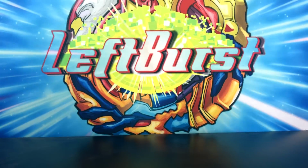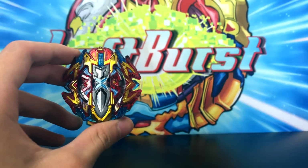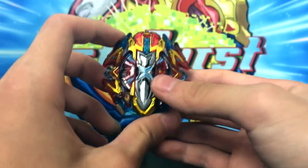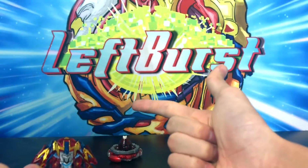Alright, so in the number 10 slot, we actually have a tie. We have Buster Excalibur and Storm Spriggan both tied for 13 points. So let's just talk about the least hype one first. Buster Excalibur. Again, we're going to be talking about the Bey's aesthetic appeal, its competitiveness, and its appearance in